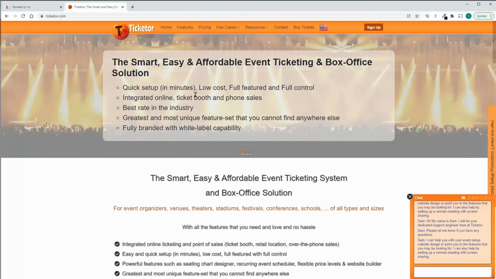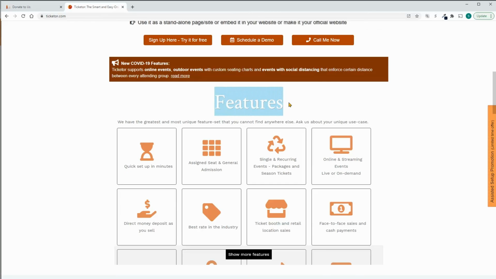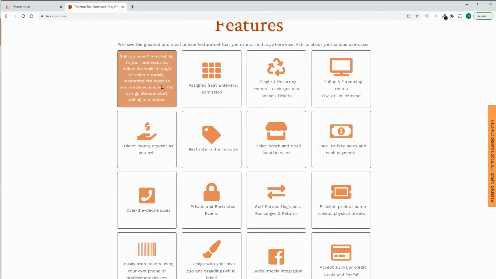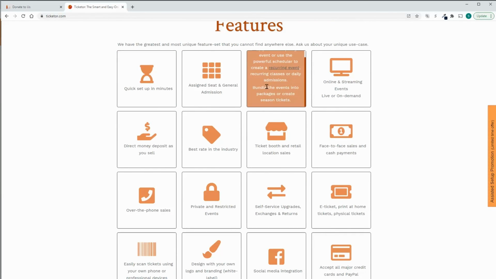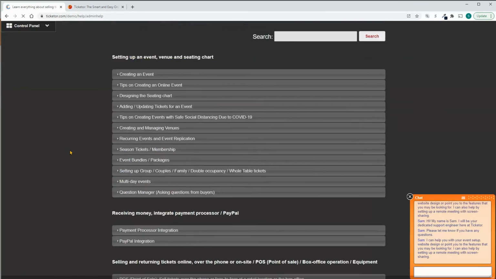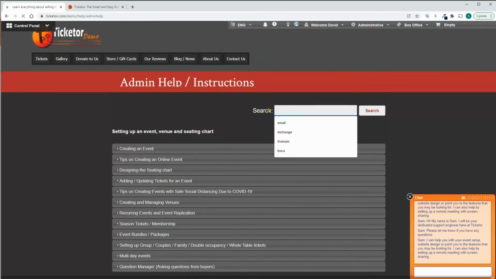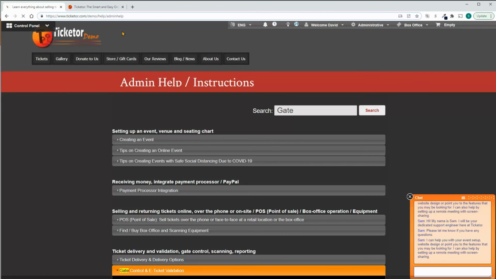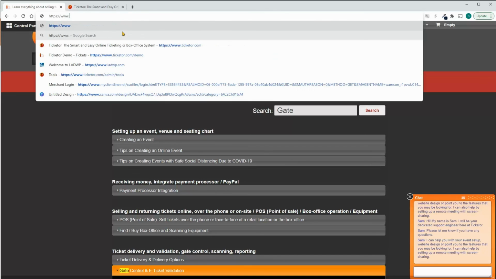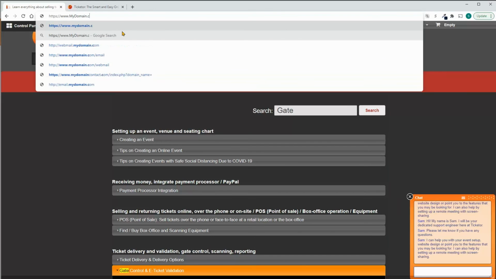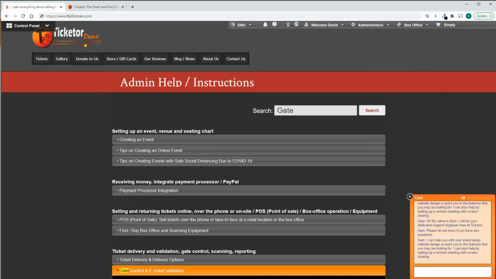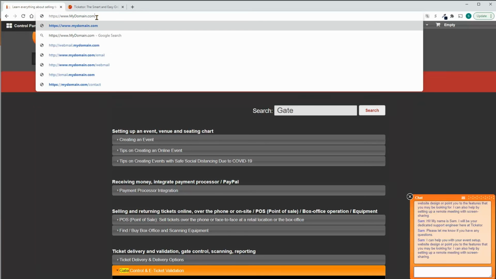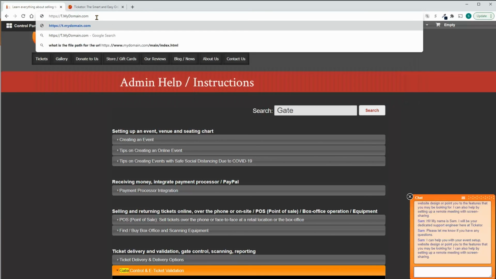Review all Ticketor features from www.ticketor.com to learn what else is available and can potentially be useful to you. Also, check out the Help and Instructions page. Scan the topics to know what is available and get ideas. Move the site to your domain or subdomain so the address of the site will change from ticketor.com/yourbusinessname to www.yourdomain.com or